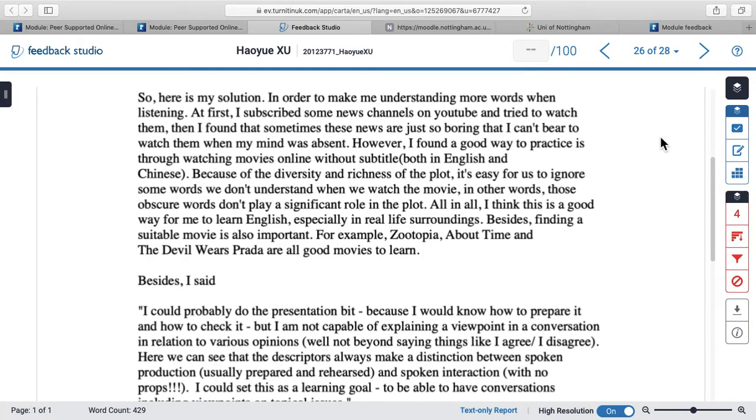In order to make me understand more words when listening, at first I subscribe some news channels on YouTube and try to watch them. And you can see how the student here is describing how he has been engaging with some tools and he has been working on improving his language learning. So the students have been engaging with the module, but I do have to say